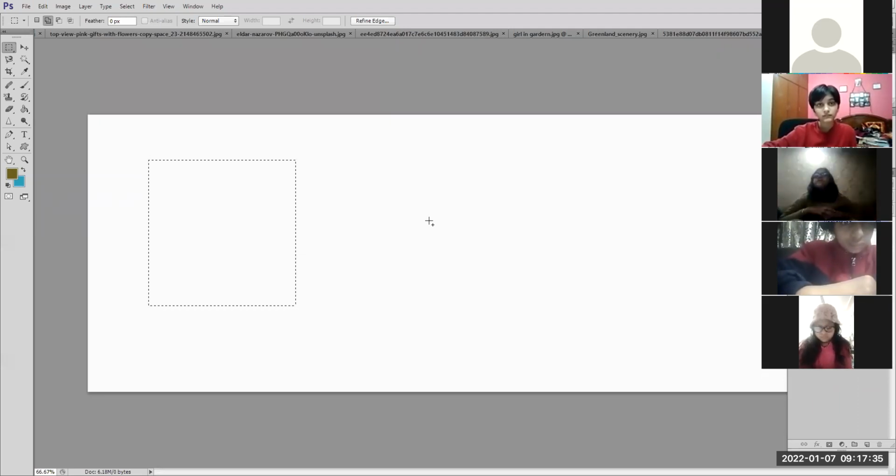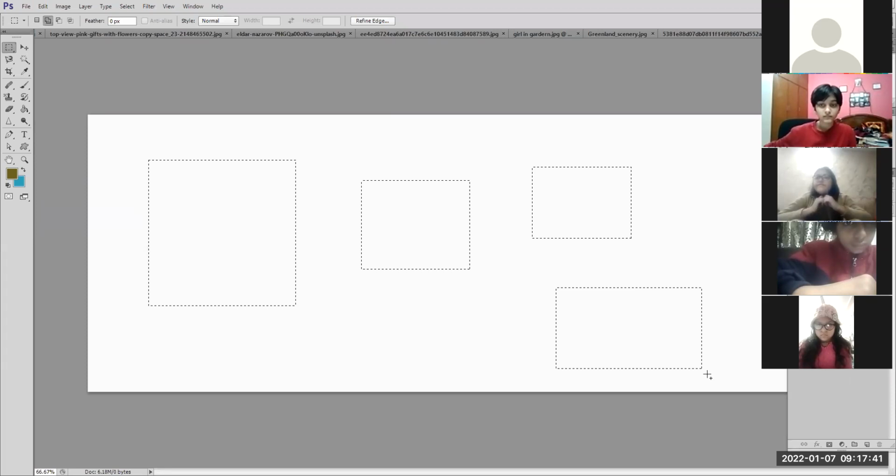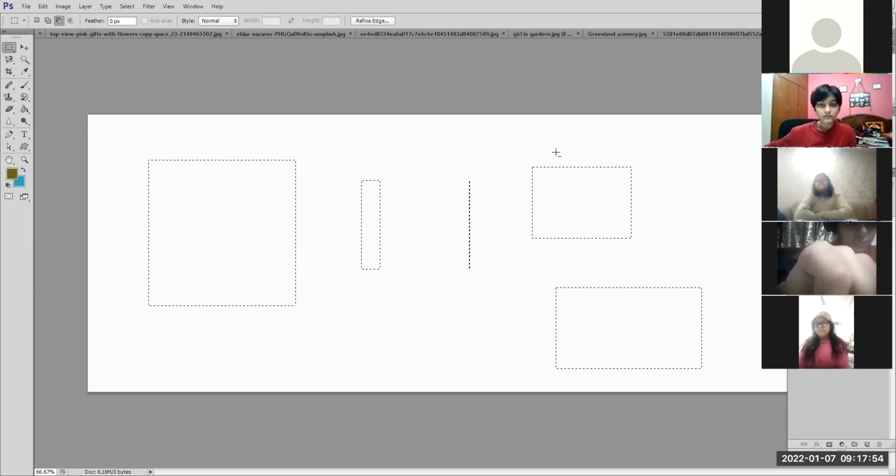I keep pressing the Shift key. Selected, selected, selected, and leave the Shift key. Now it is again new selection. Okay? If I press the Alt key, it is delete from selection.